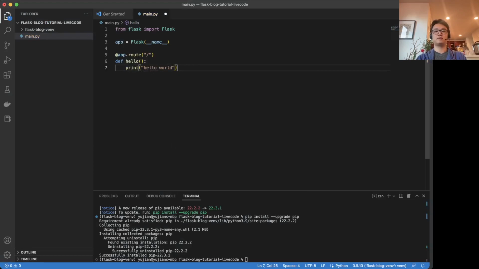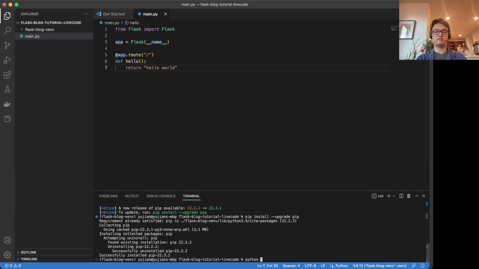Hello world. Okay. So this is the basic, returns hello world. This is the basic screen, I guess, for a Flask project. So this is what a basic Flask project looks like, and I think if we do